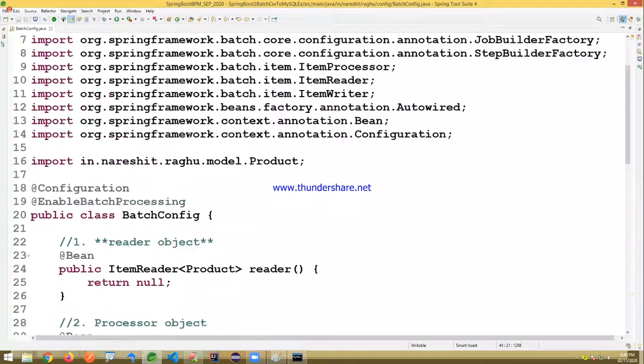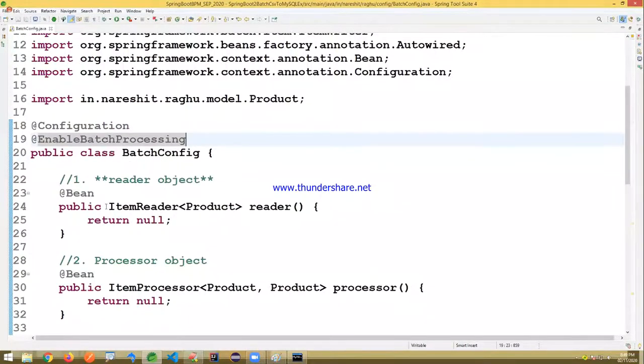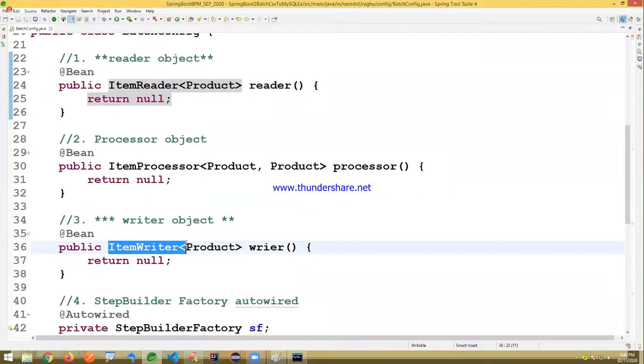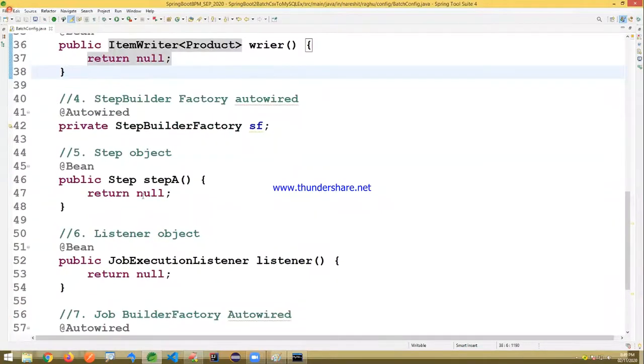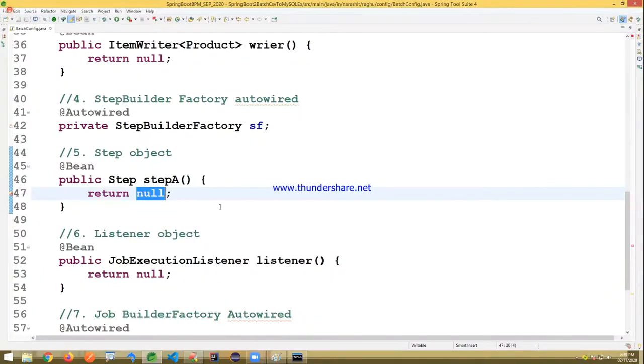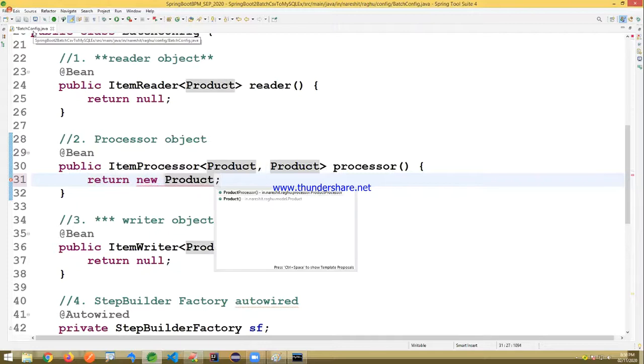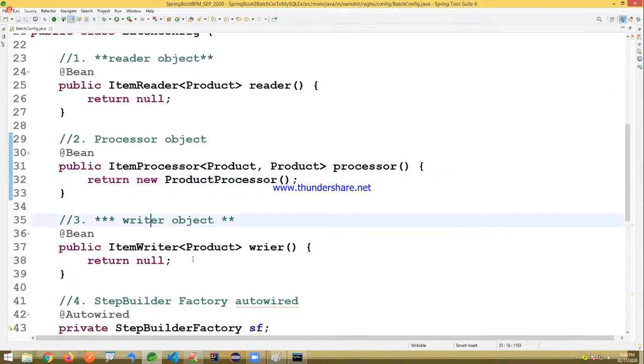Okay. Now this is done. These are the different objects we need to create in the order. In that, especially item reader, item writer are very important. Remaining you can just mention same as before here. Remaining I'm writing here. First, what are available? First I'm filling those. Reader and writer I'll write at last. Concentrate. Okay. Processor I'm writing. Just now we wrote a processor here, new. It's a product processor. Okay, reader and writer I'll write it last.